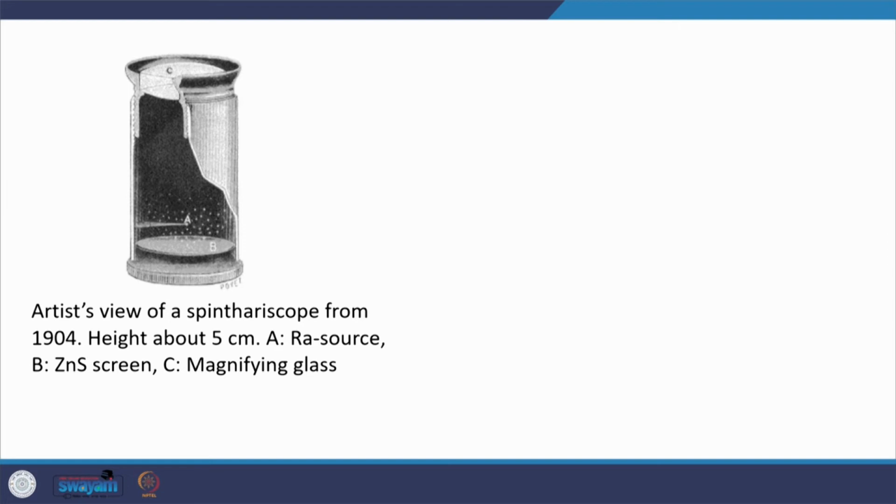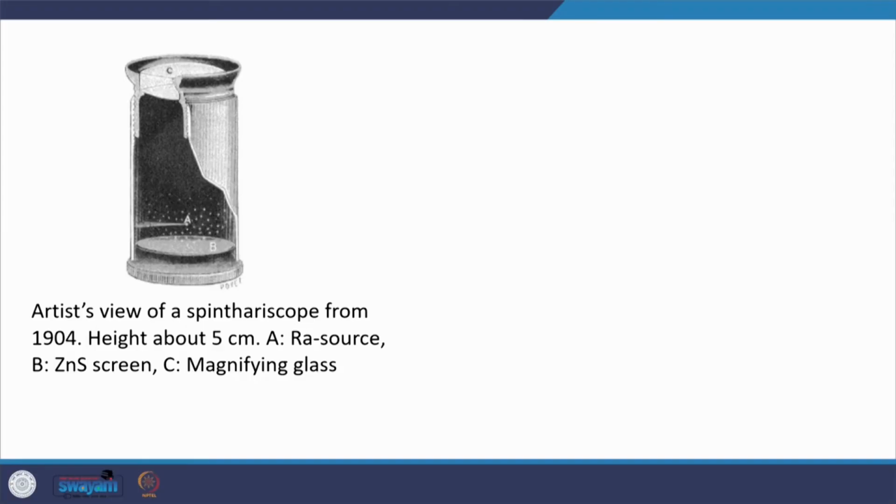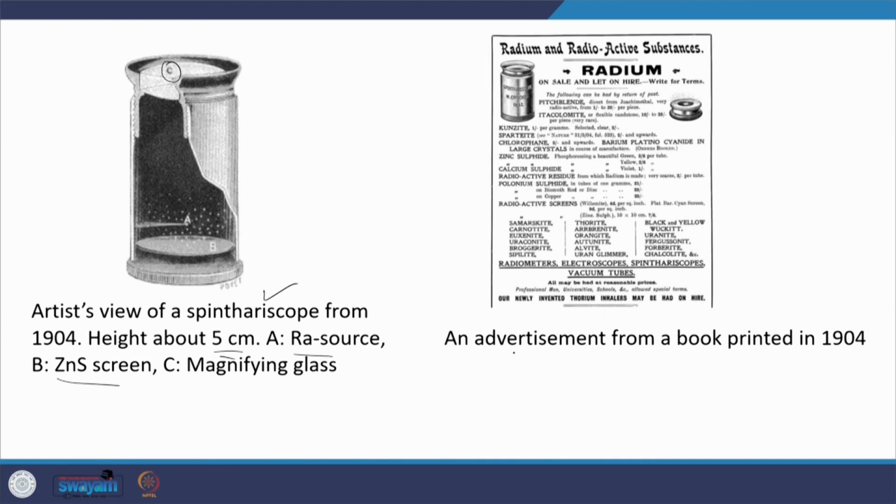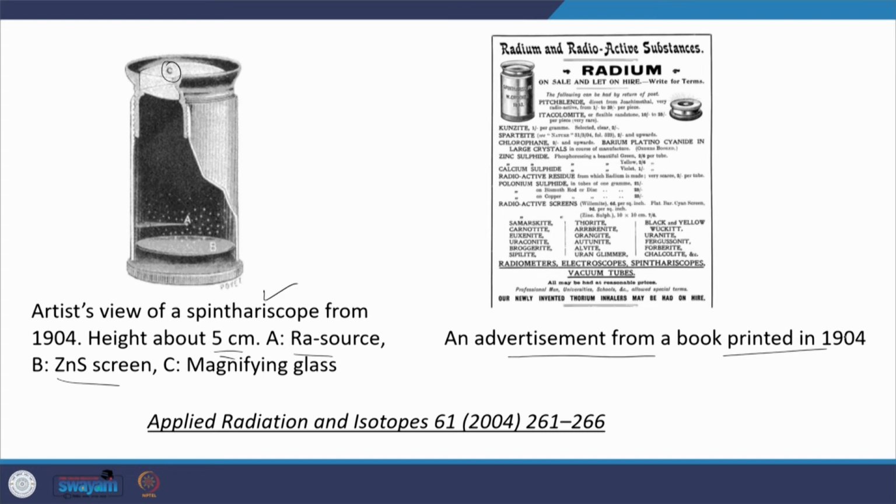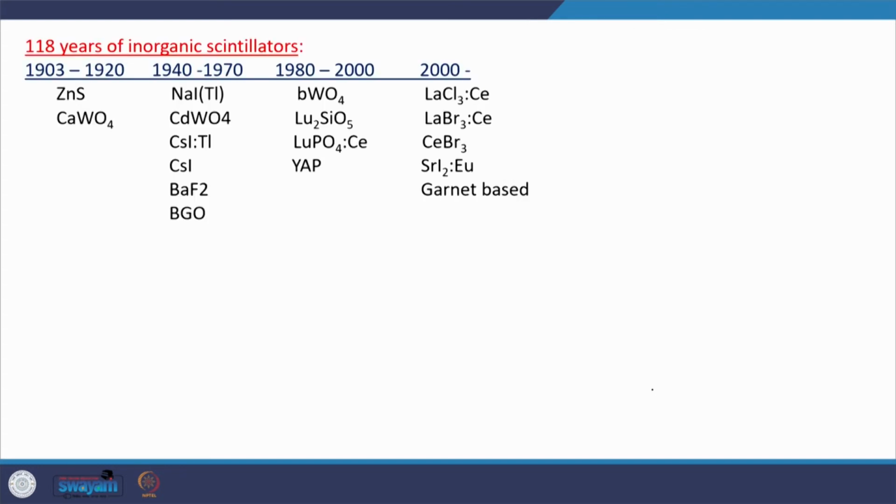Alright. Then let me discuss the scintillation detectors. The story starts from the spinthariscope, okay, where about a 5 centimeter height and a radium source was used for the alpha particles, a zinc sulphide screen, and here a magnifying lens is used. With the naked eye, people used it to count the scintillations. And one interesting advertisement from a book printed in 1904 you can see here, and the details can be found in this paper. And if you see the evolution of inorganic scintillators,